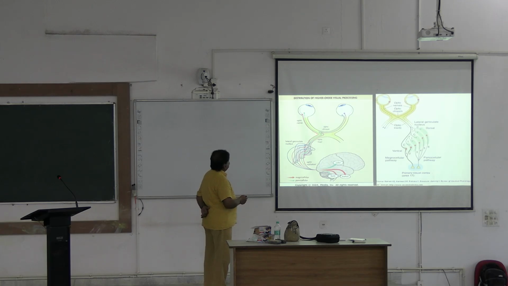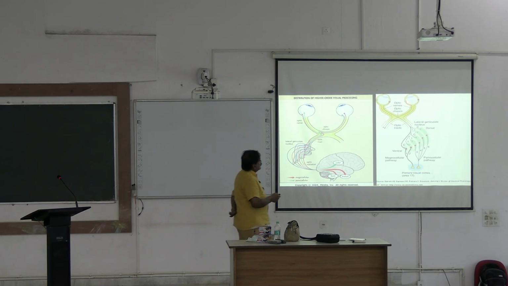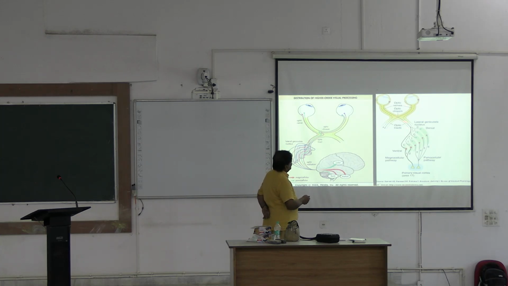The optic nerve with the optic chiasma, lateral geniculate nucleus. This is the optic radiation here. And in the occipital lobe. Now this is color, this is the motion and this is the form. Optic nerve and optic chiasma here. Optic tracts, lateral geniculate nucleus, dorsal,